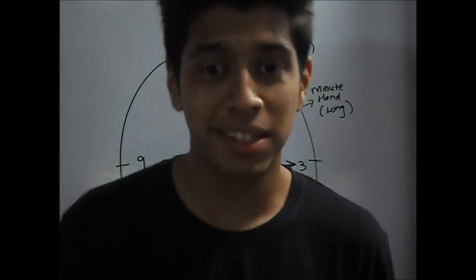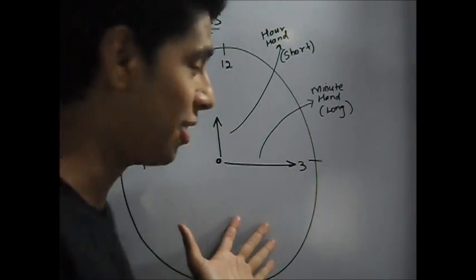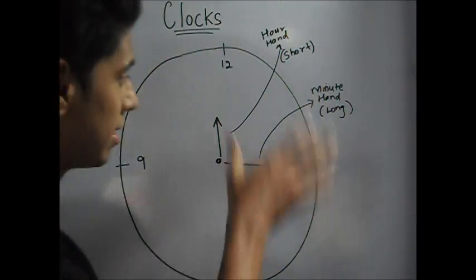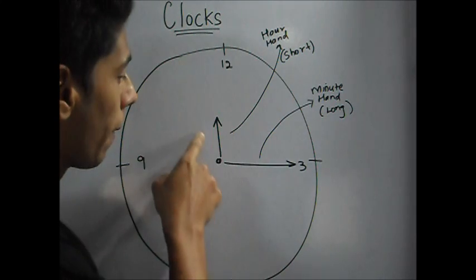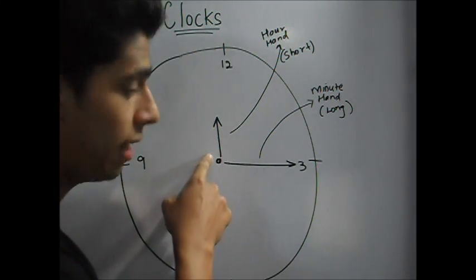Today's topic is clocks. Now, to solve problems on clocks, you need to understand the fundamentals of a watch. Let's start with the basics. Just assume that this is a clock. You have two hands basically. This is known as the dial of the clock. You've got the hour hand, or the short hand, and you've got the minute hand